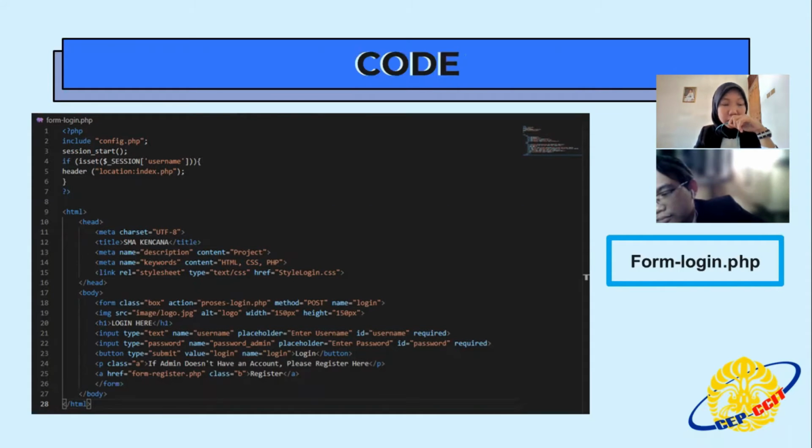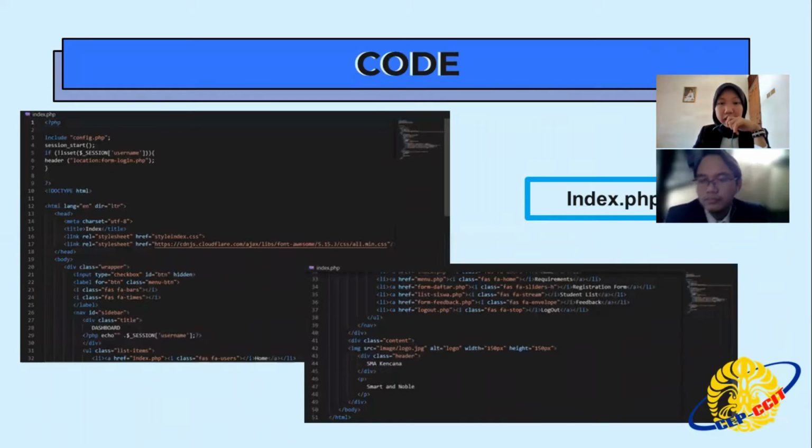We use login here as the title, and an input button class, href connected to from register.php. Next is index.php.